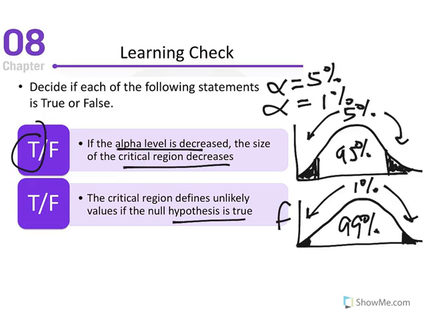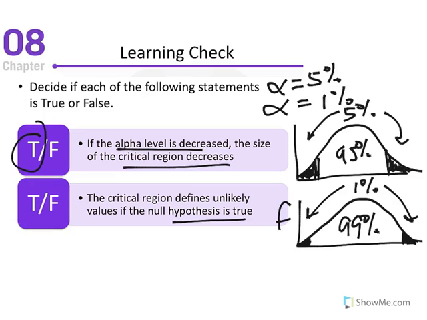But just a little preview, essentially our alpha level is equal to the probability of engaging in a type 1 error. Type 1 error says that you reject the null in error. So you say something is happening when something really is not happening. Let me repeat that. A type 1 error is when you say something is happening, some change has occurred, when